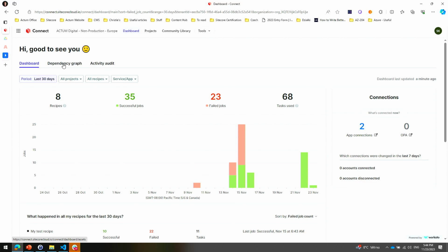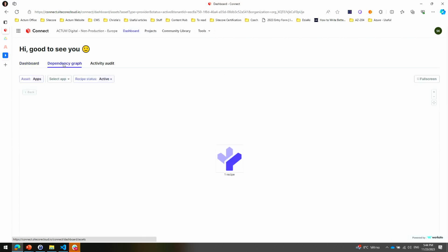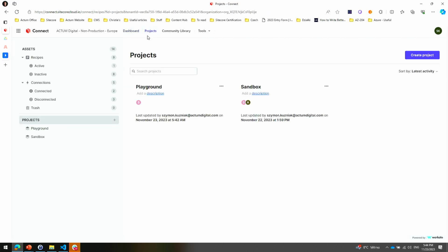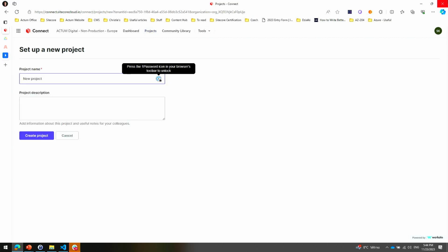Apart from that, there's a dependency graph which shows you which connections you are using, and audit which acts as a log. So I already mentioned recipes. A recipe is the project, the workflow that maps the connection between systems, and it may contain some basic logic. So I will create a simple project for the demo,